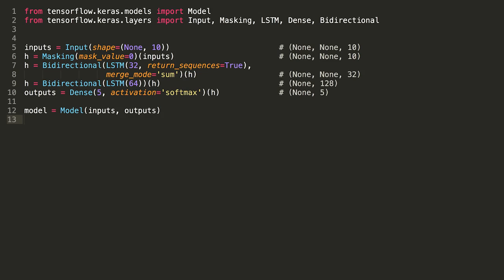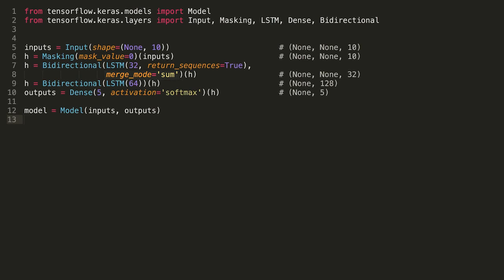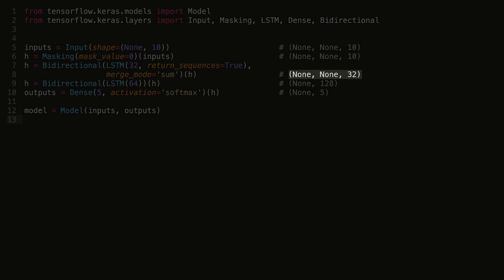We can also change the behavior of the bidirectional wrapper. As we've seen, by default, this wrapper concatenates the outputs of the forward and backward RNNs. We can change this with the merge_mode option. The default value for this argument is concat, but if we set it to sum, then the forward and backward RNN outputs will be added together instead of concatenated. In this example, I've set the merge mode to be sum in the first bidirectional recurrent layer, which means that the output tensor shape will change. The tensor shape of the output is now None by 32, as the 32-dimensional outputs of each LSTM will be